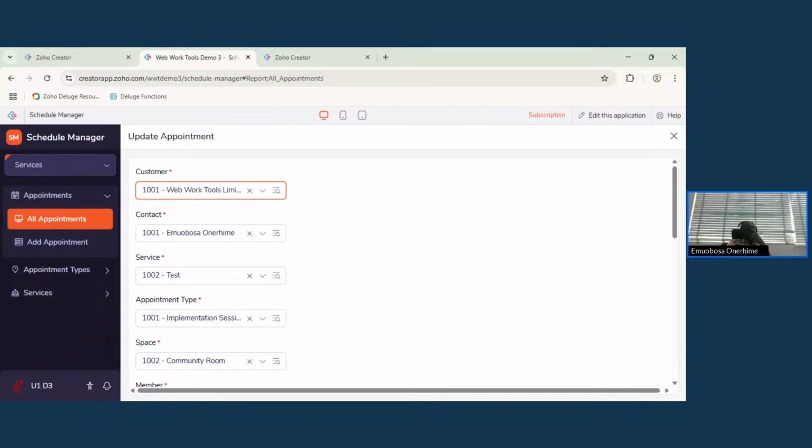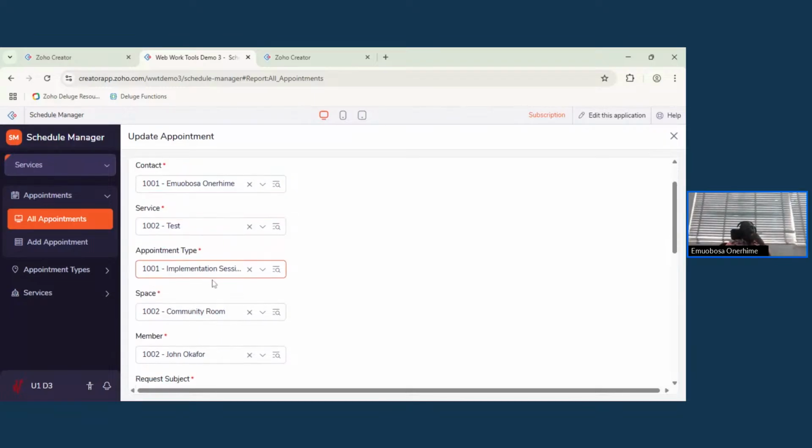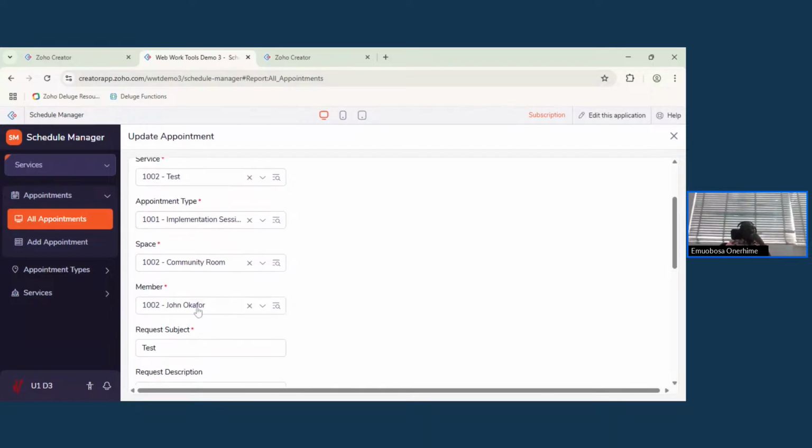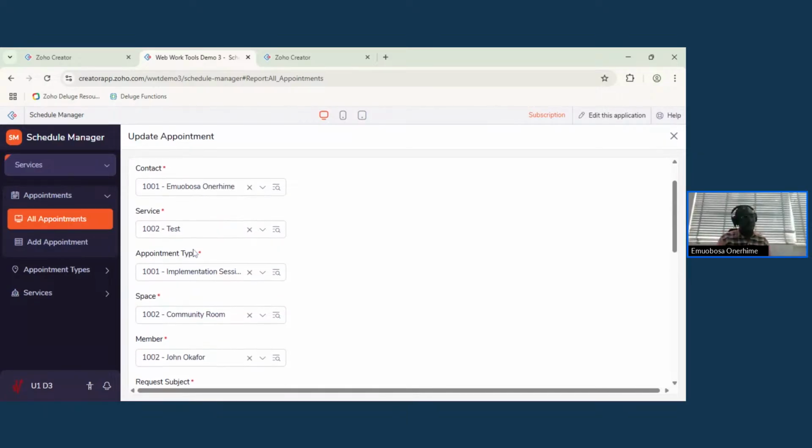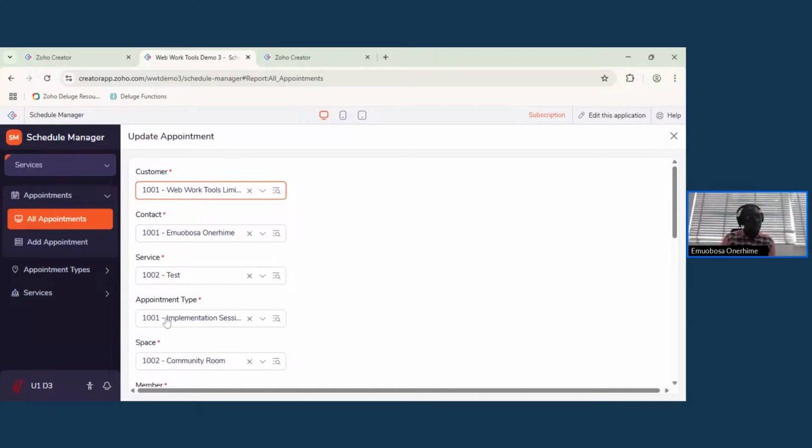Yeah, but you can change. So when the appointment has started, it's only the service you can change because you have booked a time and somebody has locked in. So other people are locked in as well. So yes, once it has started,